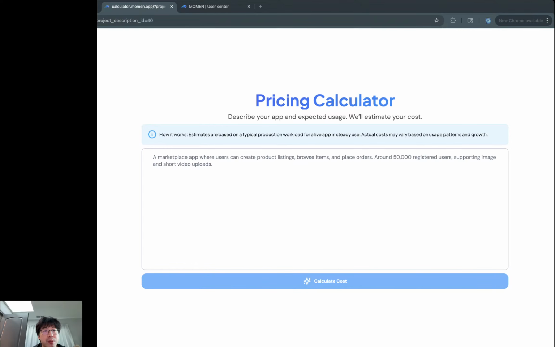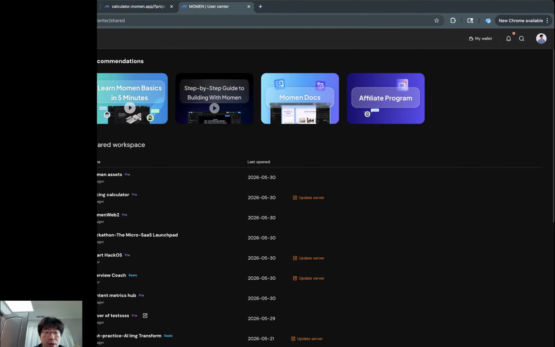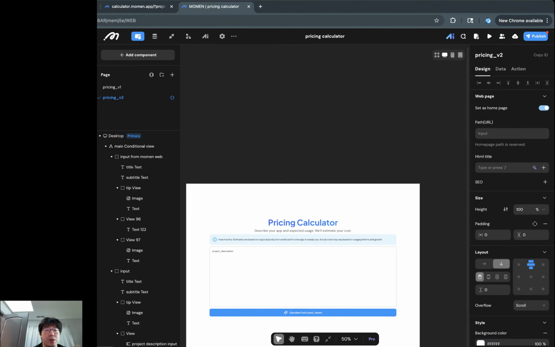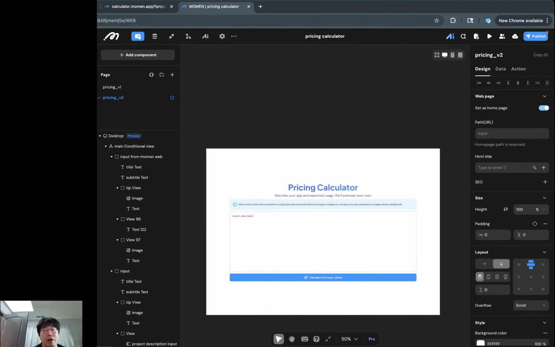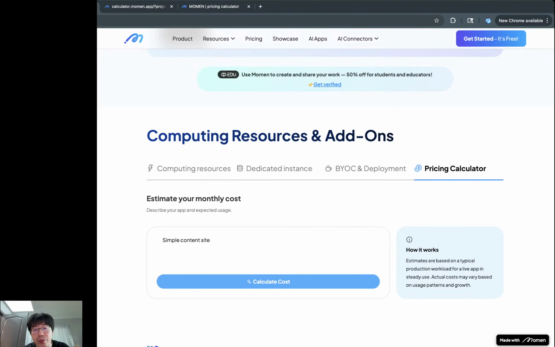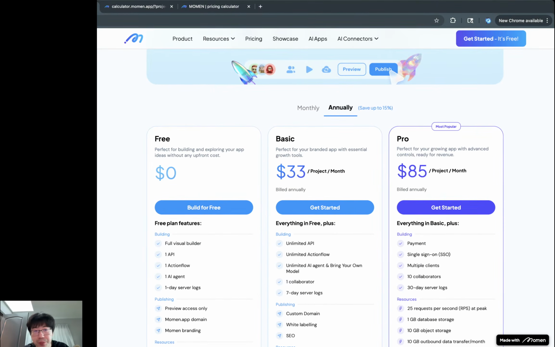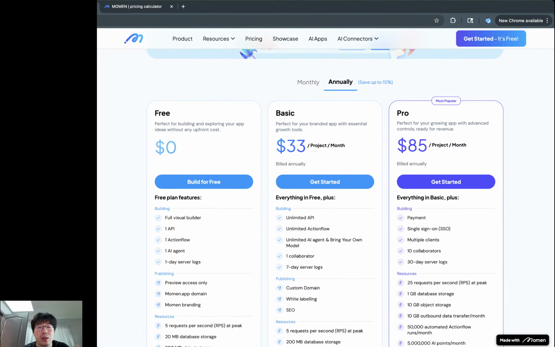Also, having something up front. Let's see what went wrong there. Having something up front that tells people how much it costs is definitely helpful for them to make an informed decision. It actually increases conversion. So it is in our interest to make this as accurate as possible. We do already have a pricing page. So why do we need an additional calculator? Well,